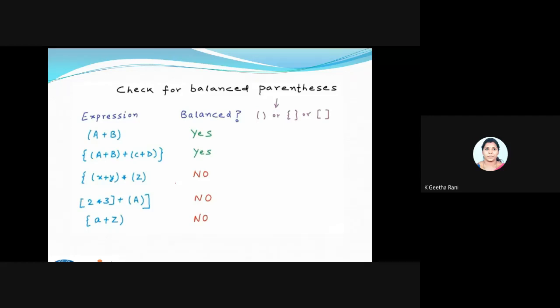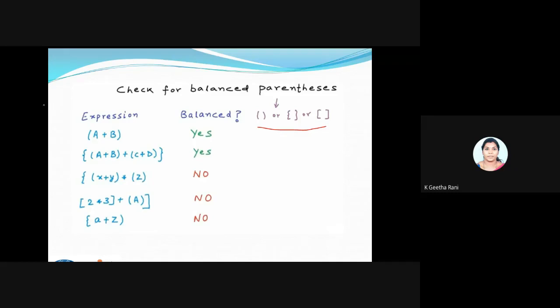So for that, the checking compiler will be doing this process, and for that I'll be using a stack. Here I'm using all three types of brackets: a normal bracket, a curly bracket, and a square bracket. You can see I'm using some expressions. What this compiler will do is leave off all the expressions. It's mainly going to check only the brackets.